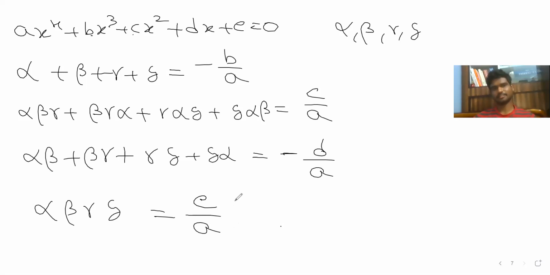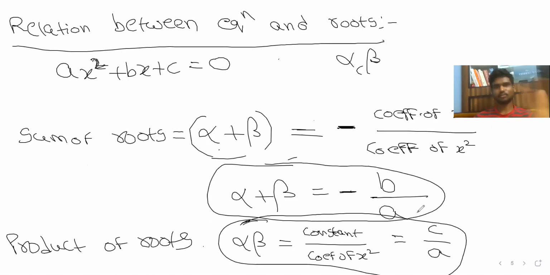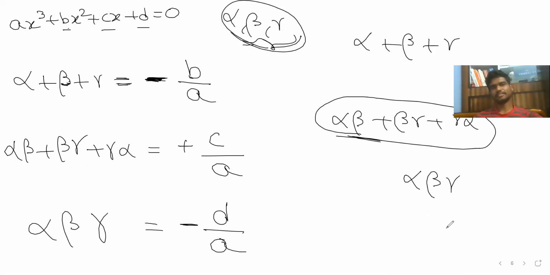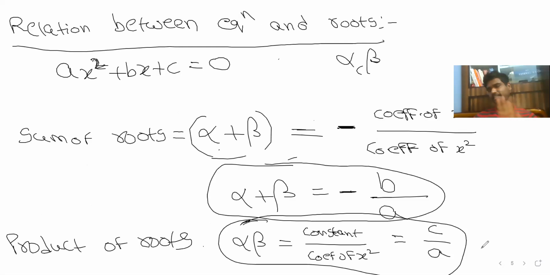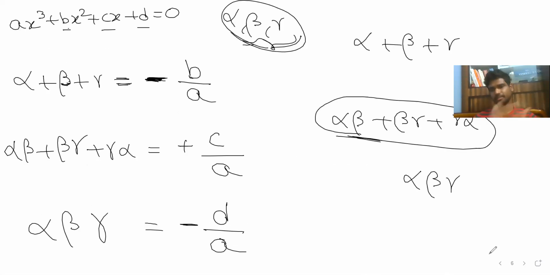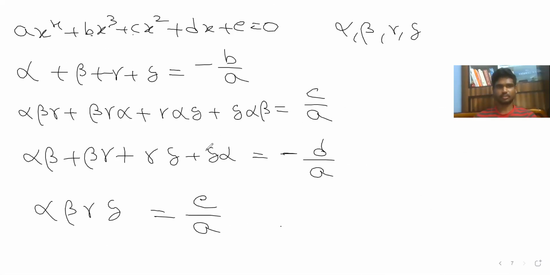Where will we use all these formulas? This is just for finding the relations. You won't actually get the cubic itself, you will get only up to quadratic. In other rare cases, you will get a cubic polynomial. But in most cases, you will get only the quadratic. But you need to know that if they give a very big power, this is the way to find it.